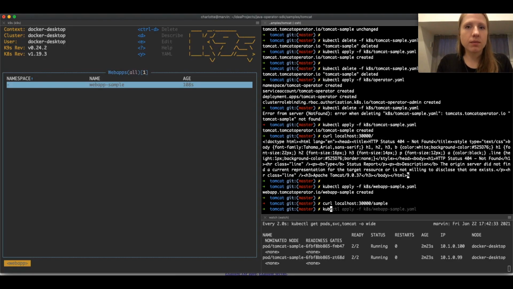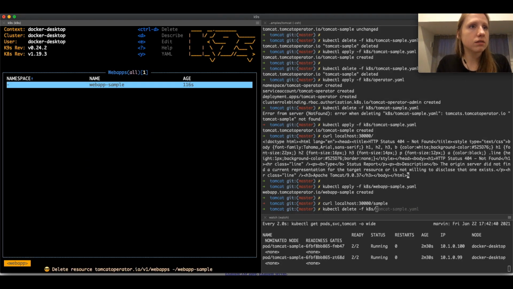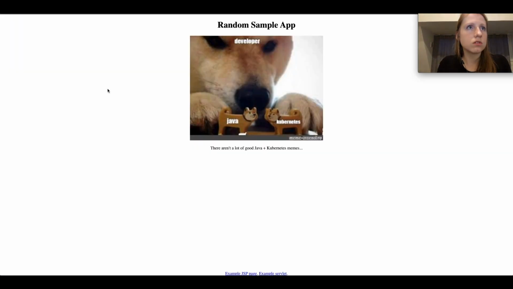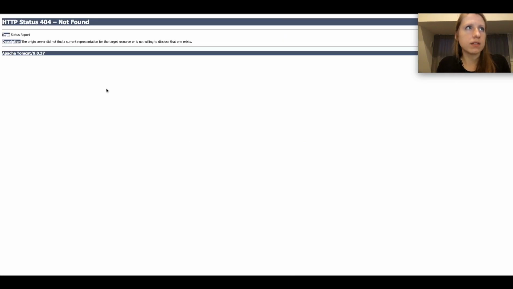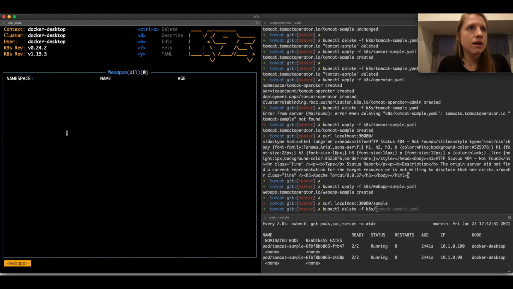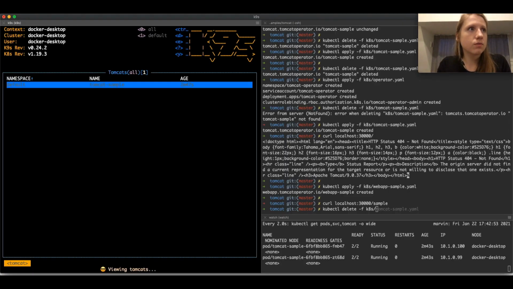Now, if we do the same thing, actually let's delete the babab here, delete the custom resource. And once we have deleted the custom resource, this should also go away. Yes, and we can see this is an Apache 9. We could, for example, also update the version. Something else that might be interesting would be